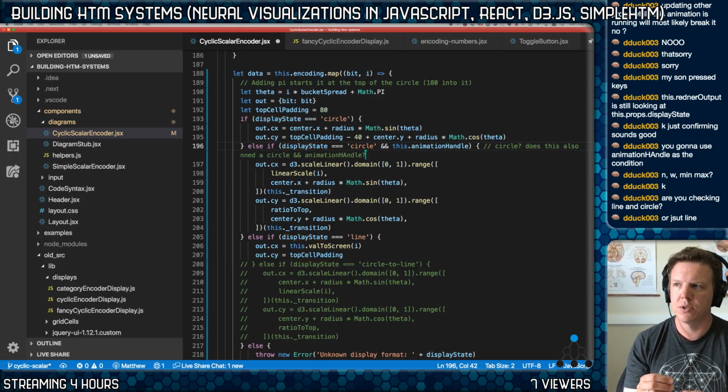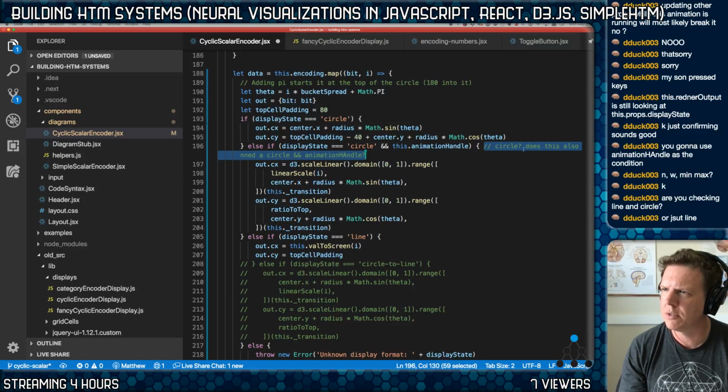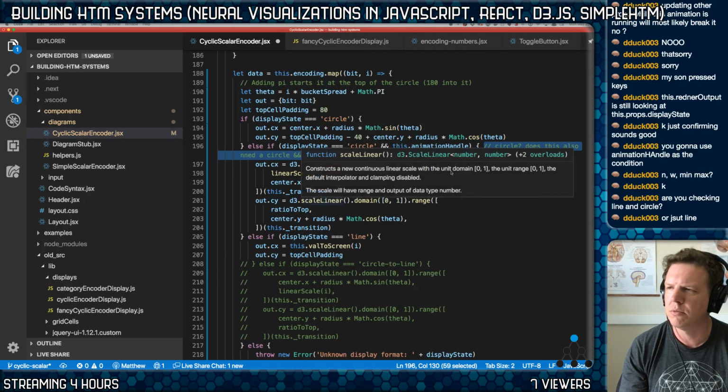If we're moving to a circle, that's what this is. I don't think so. Wait, did you just write that? Circle, does this also need a circle and animation handle? No. See, I think